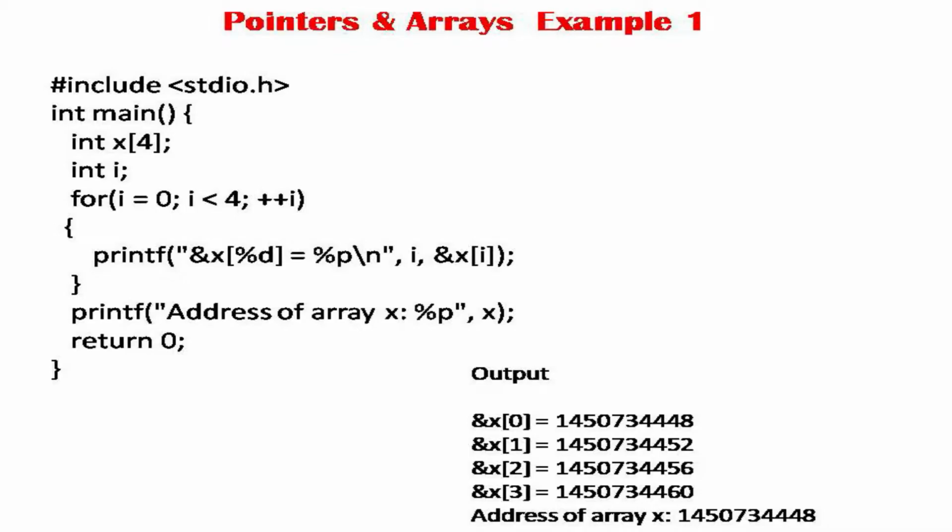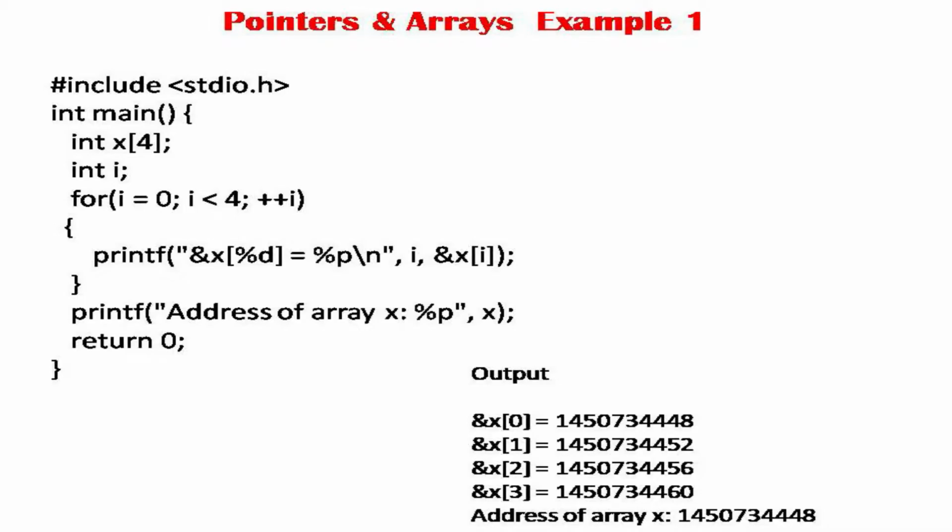Now, when I try to print the array name itself, what does it give you? As I was telling you a few moments before, it gives you the address of the first element, which is called the base address or the starting address of the array. So saying address of x of 0 and saying x is the same thing. When I say ampersand x of 0 and if I say x, both are the same.